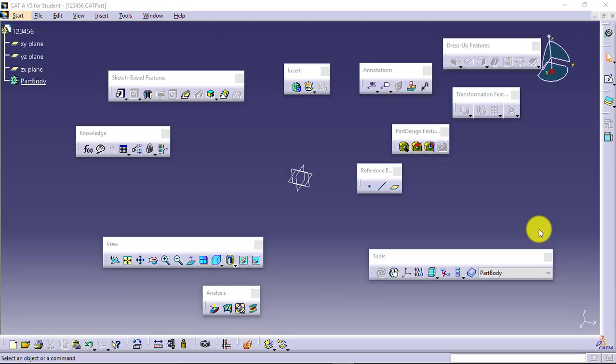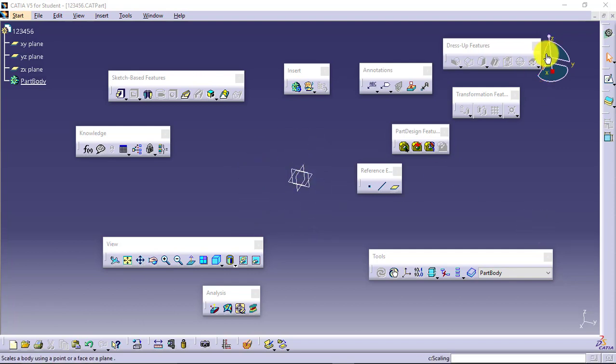Continuing with the graphical user interface, we will see how exactly we can define the settings in CATIA: settings related to the size of the planes or axis system, how we can define the units, and how we can reset the toolbars as well as the position of toolbars. Also, if we have to reset the software settings, which will cover all the settings related to software, then how will we be able to do that? First, let's see how exactly we can change the size of planes and axis system.